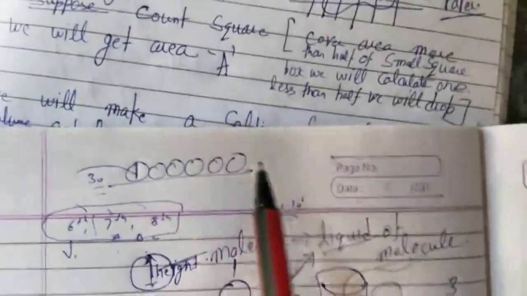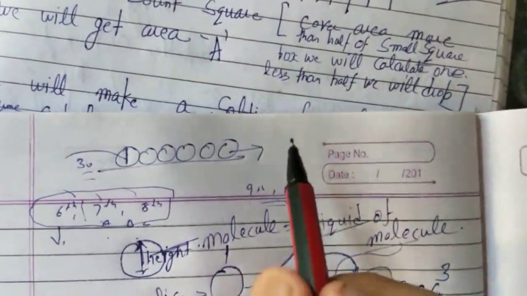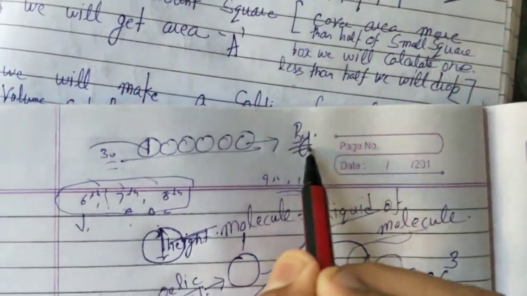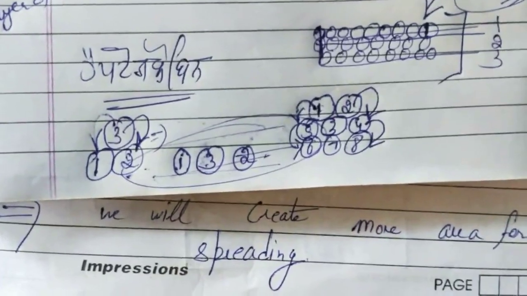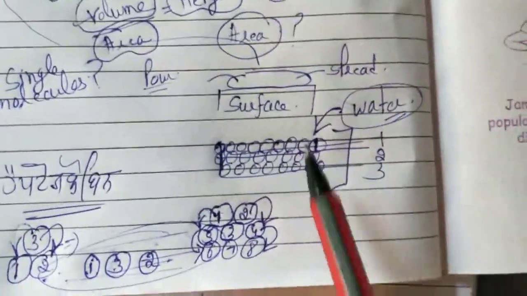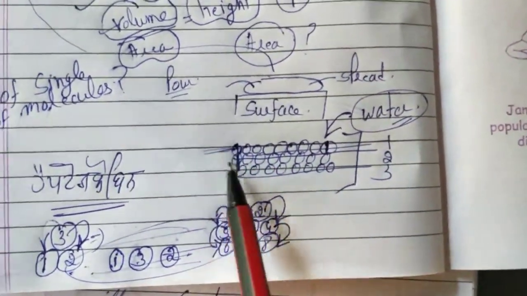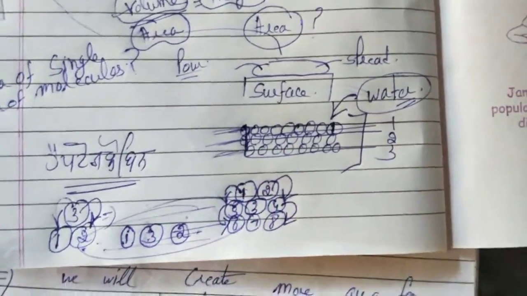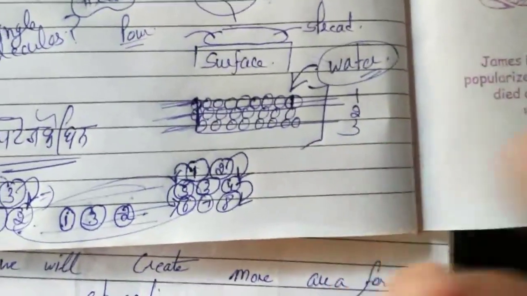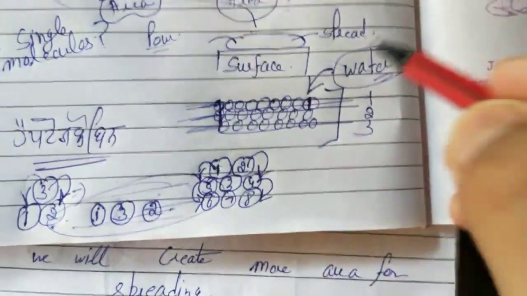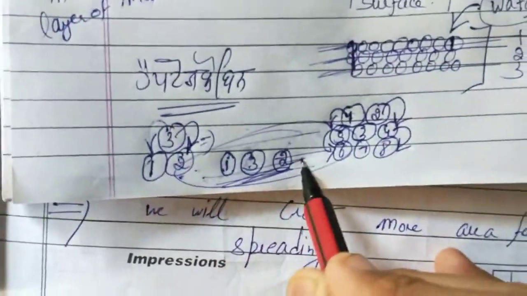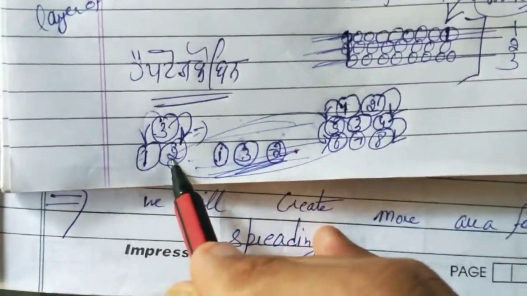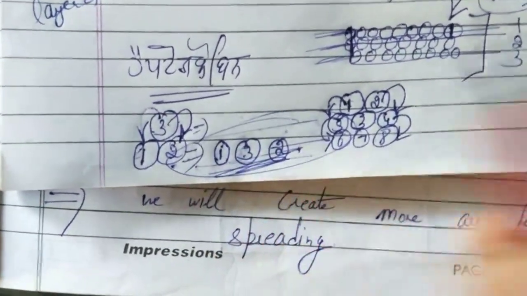How have we achieved this one layer of molecules? By diluting the solution with some liquid. And what will the dilution do? The dilution will help us in forming the single layer. Because when we are spreading the liquid on the surface, we are not aware whether we are getting one layer of molecules, or two layers, or three layers. But when we do the dilution with some liquid, definitely we are going to get a single layer of molecules. If there were two layers of molecules, after dilution we are definitely going to get a single layer.